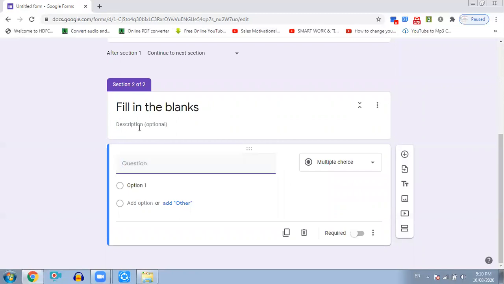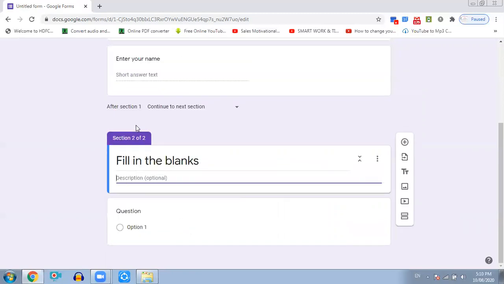But here you need to enter the instructions first when you want to use short type of answer for a fill in the blanks. Then you can enter here: Please fill in the blanks only small letters.